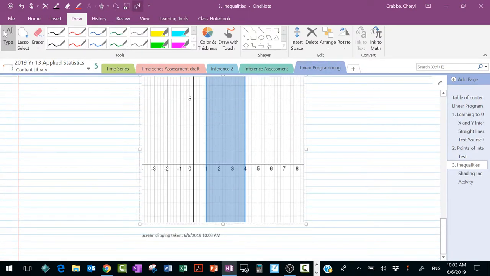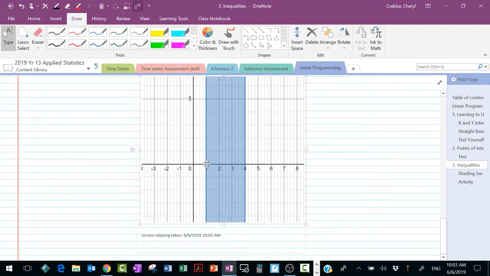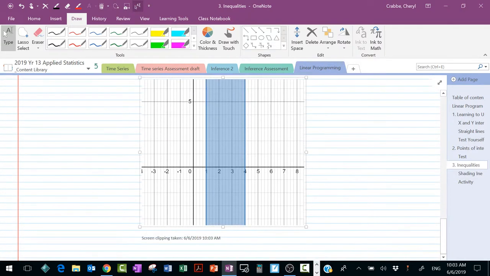So we've got x is between 1 and 4, and that's what this symbol means, and it may be written in language as x is between 1 and 4, because x has got to be greater than 1 but less than 4, and that's the shading. And so that's the introduction to